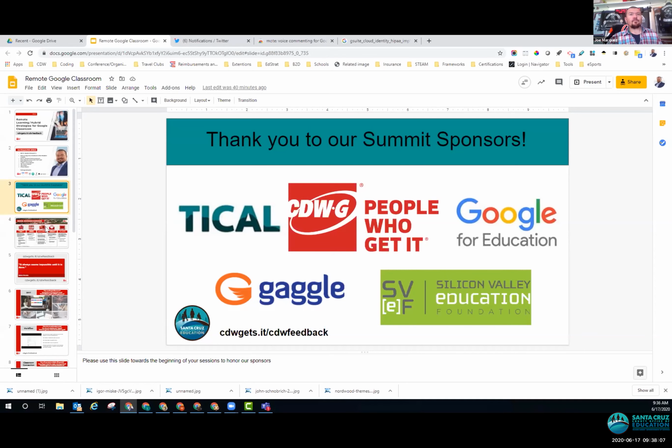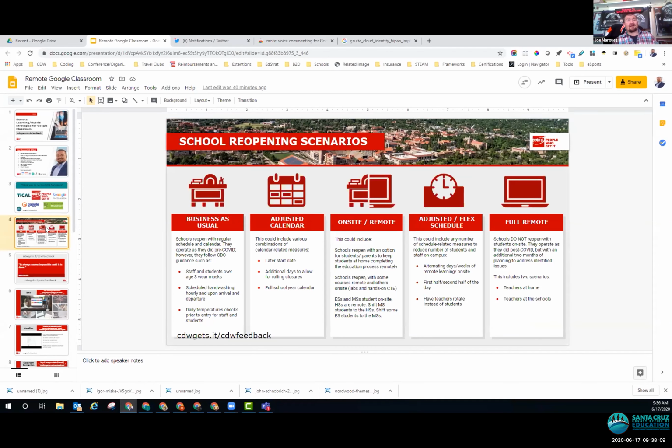Now, the whole reason that we're having all of these sessions is because of the school shutdowns due to COVID, and then the possible reopening scenarios that we're looking at moving forward in the fall. These are the 5 top scenarios that my team and I have researched throughout the United States. California has 4 of these in mind.